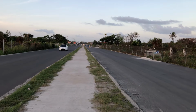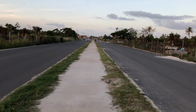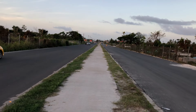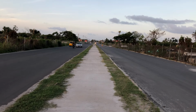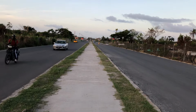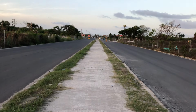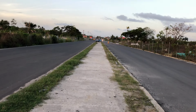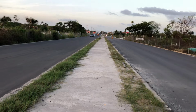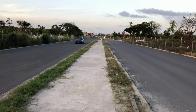Now, the issue has been that these construction projects have not been constructed in a timely manner. There've been construction delays, and so recently the Ministry of Public Works has been reviewing contracts given to